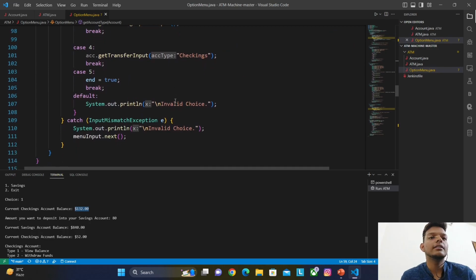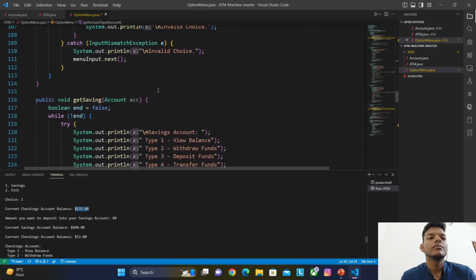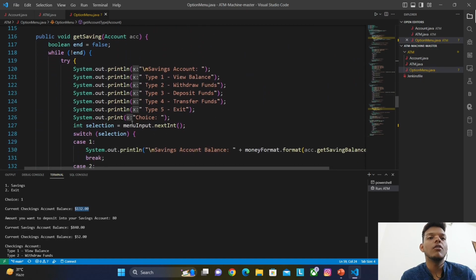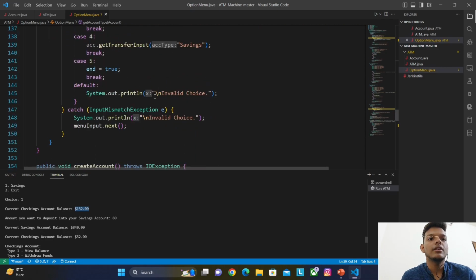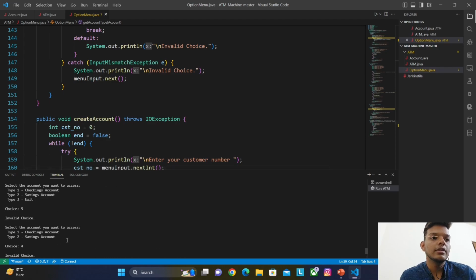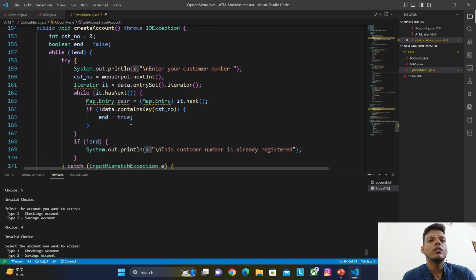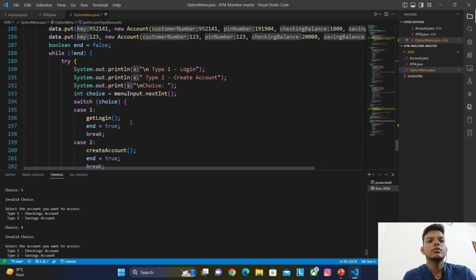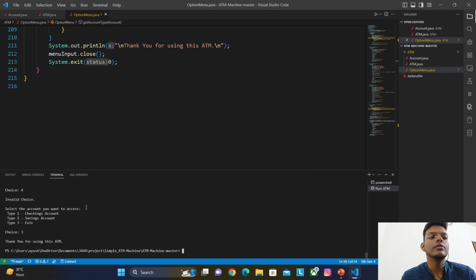And these are all cases again for these 5 functions. These are 5 cases. Now the next one is savings account balance. Here there are 5 functions also and 5 cases also. By using the try and catch method, the invalid choice will show, as you can see, multiple times. Now this is the final code of this project, and the last statement when I exit from this project: Thank you for using